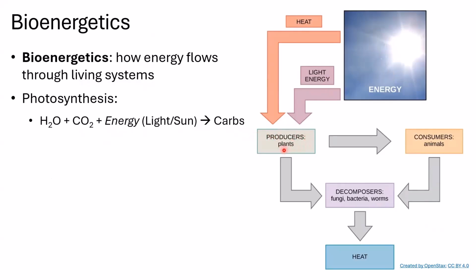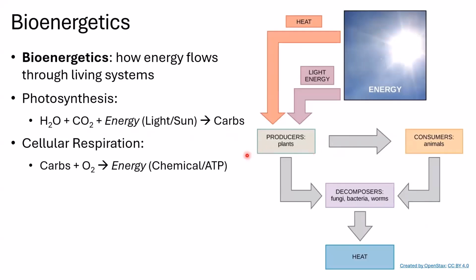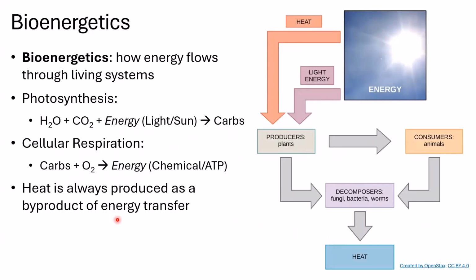This process essentially takes water and carbon dioxide and then uses energy to build them into carbohydrates. The plants can then use these carbohydrates themselves, or consumers can eat the plants and use the energy. We will learn about how we obtain energy from carbohydrates in the next lecture on cellular respiration, which involves taking the carbohydrates and oxygen and using it to produce energy in the form of ATP. Heat will always be produced as a byproduct of energy transfer at each of these steps and be released into